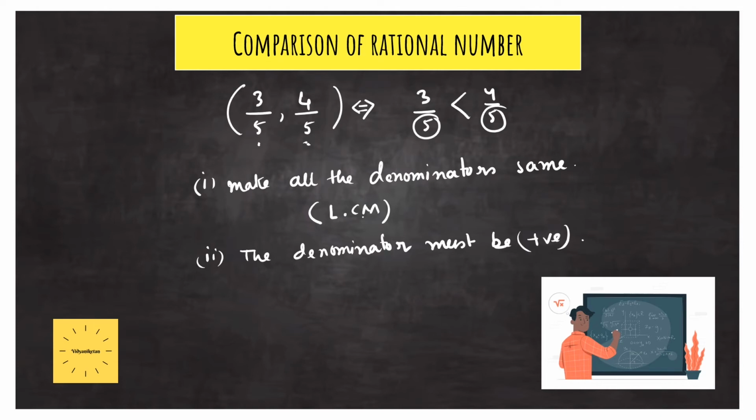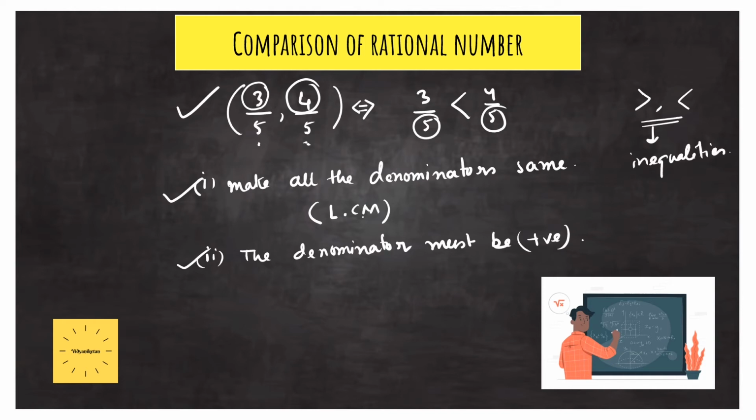The denominator must be positive. So these are the parts that you need to remember. Now for this case, it was a very easy example where you can see 3 by 5 and 4 by 5 I have taken. Now the denominators are same. From here you can see the denominators are same, and also you can see the denominators are positive. That's why we have checked only the numerator, and after checking the numerator we have given the greater than or less than sign. These are the checking for inequalities.